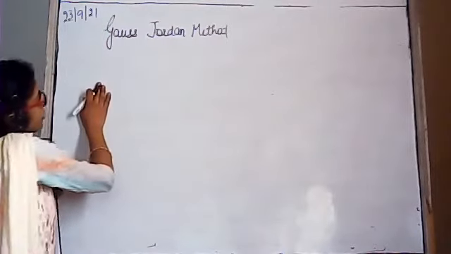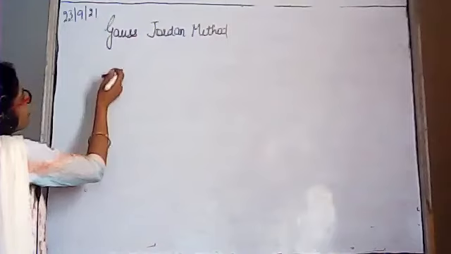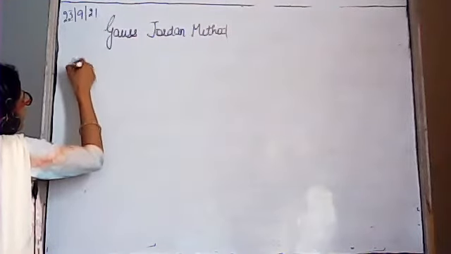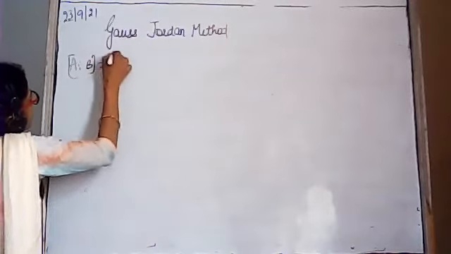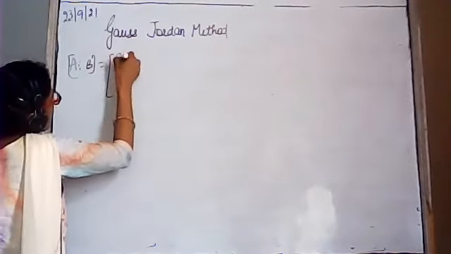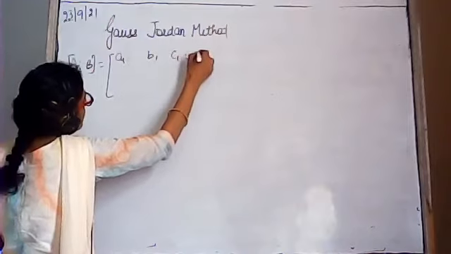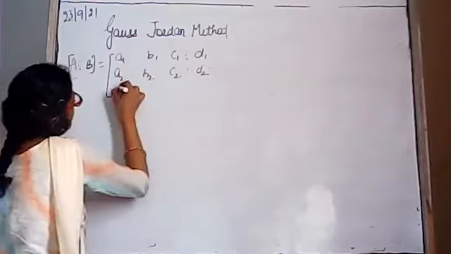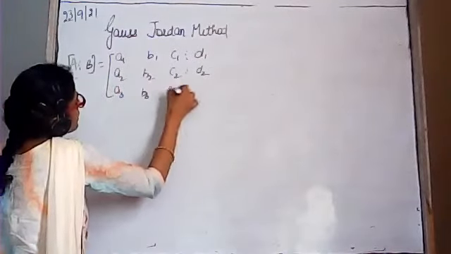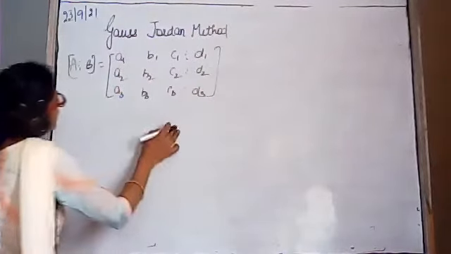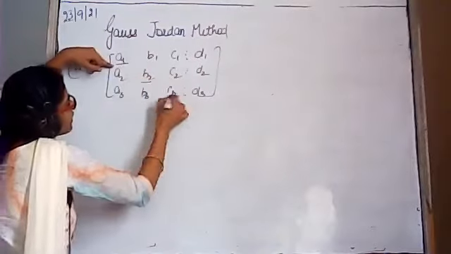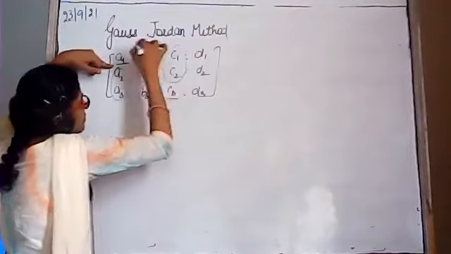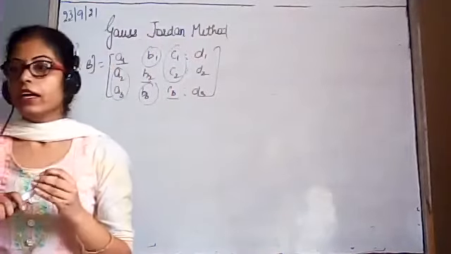Ji beta, after that we are having the Gauss-Jordan method. In the Gauss-Jordan method, if the system of equations in augmented form is A1, B1, C1, D1, A2, B2, C2, and D2. Similarly, A3, B3, C3, and D3. In this case, we are to have only these three terms, and we are to make all other elements zero. ठीक है?